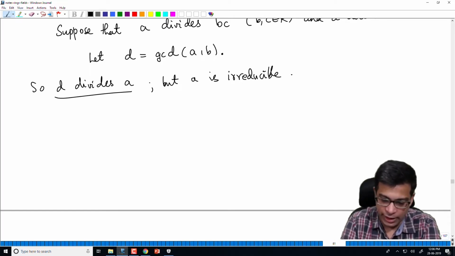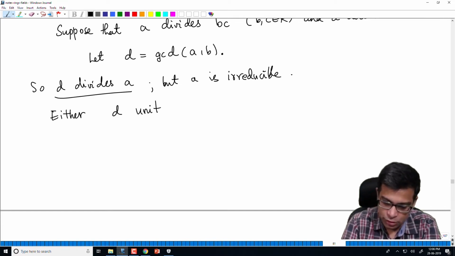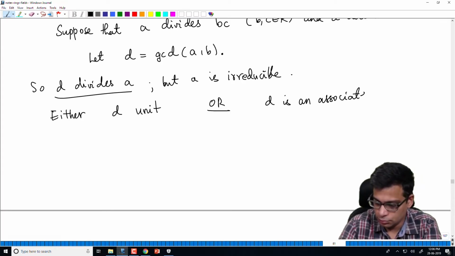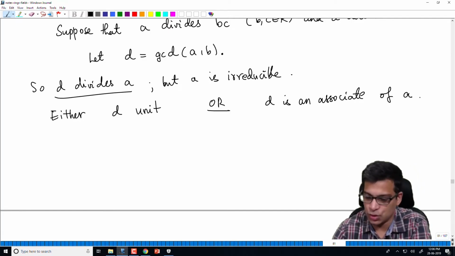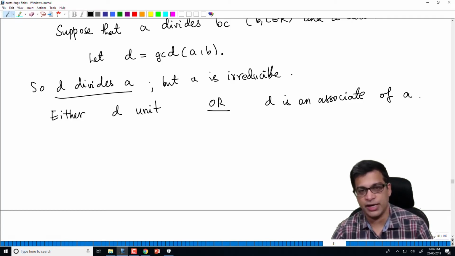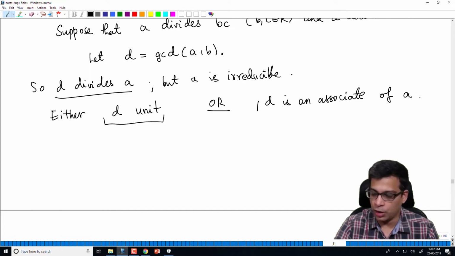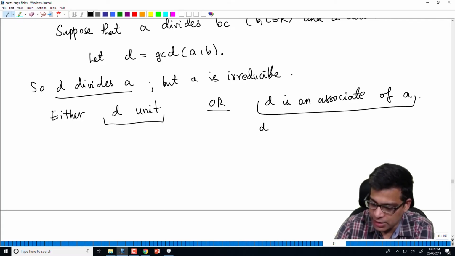So either we have that D is a unit, or D is an associate of A. Because A is irreducible, A cannot have proper divisors. D is a divisor, it cannot be proper. So in other words, it fails to be proper either because it's a unit or because it's an associate of A. I claim that the second case cannot occur, because remember that